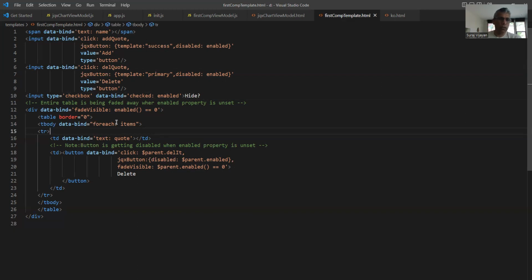Then we need to talk about custom binding here. As I said, there are some default bindings, then there are custom bindings. This is a mechanism through which Knockout calls a custom binding whenever this enable is unset, it would call a fade visible. So basically, I'm fading off the screen. If you see here,